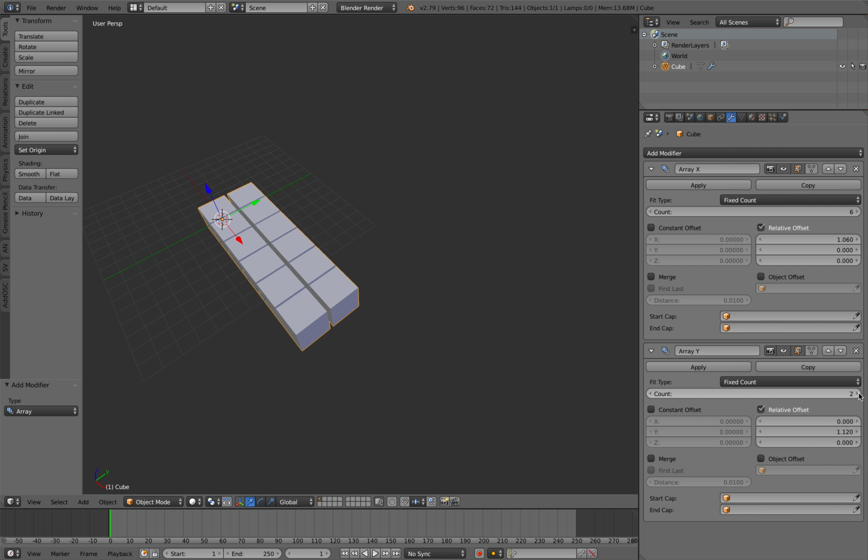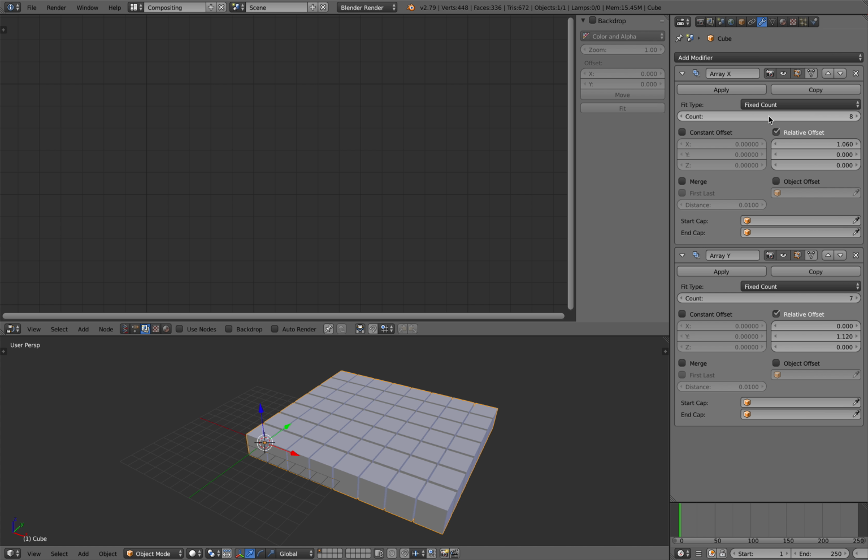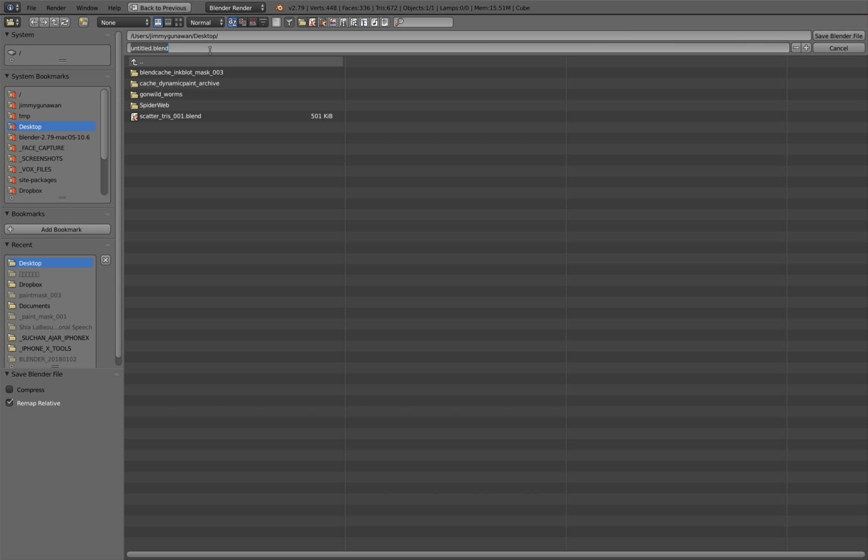And you can of course control this array modifier using Sverchok if you like. So just get the object's modifier count. So what's the name of the modifier? So Array X and Array Y. Okay, let's save this real quick. So this is array voxel many ways,